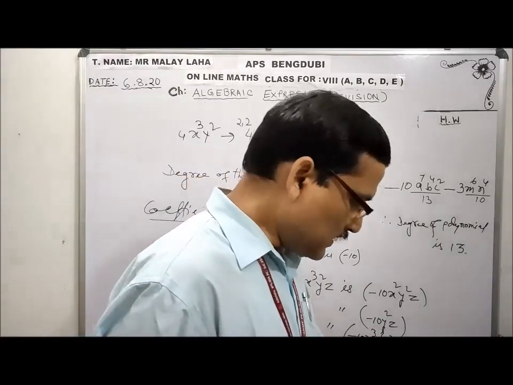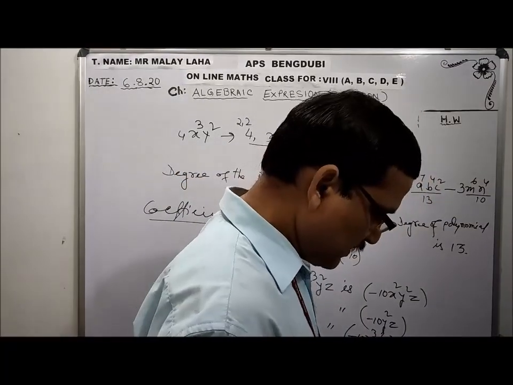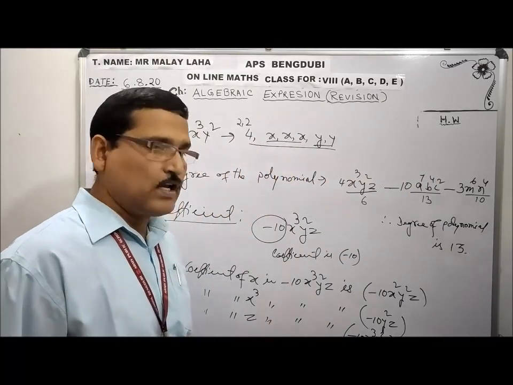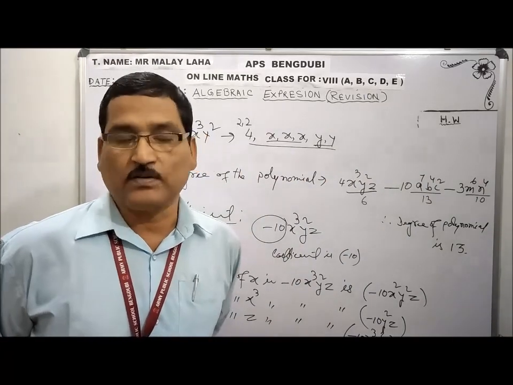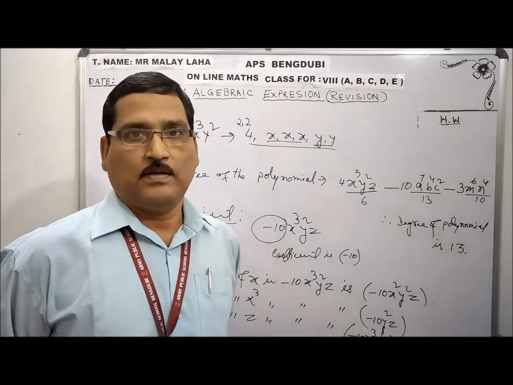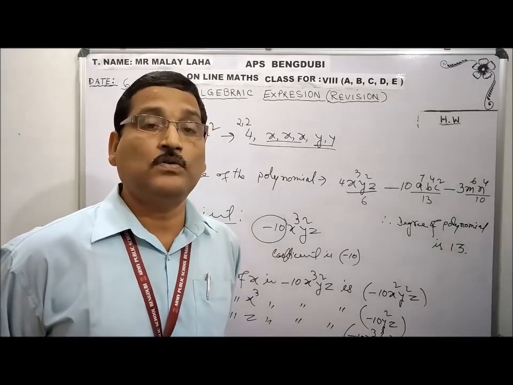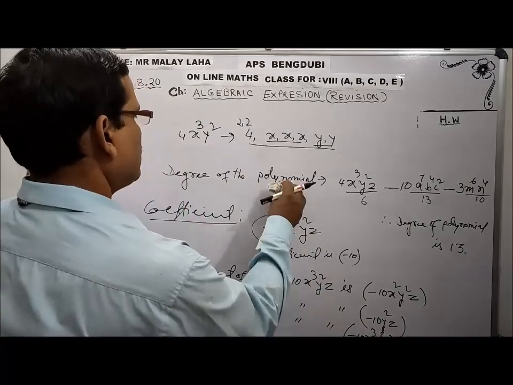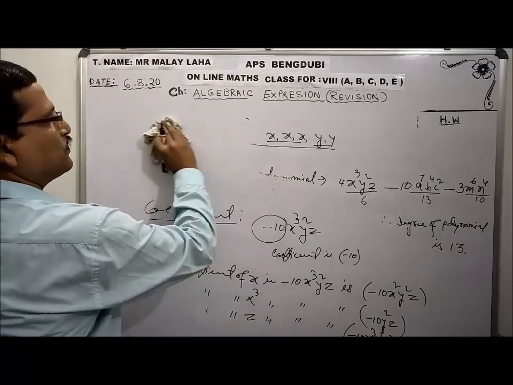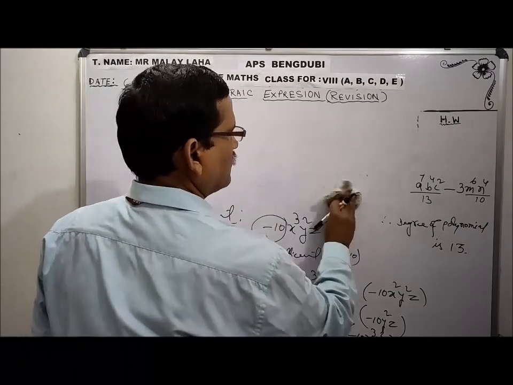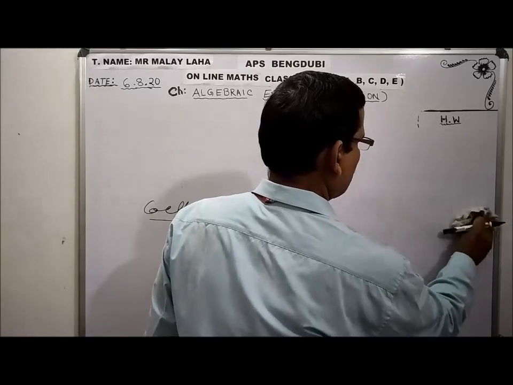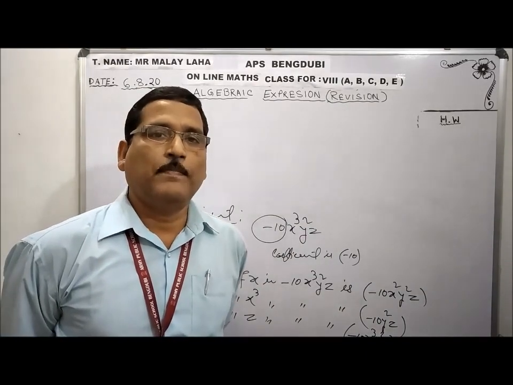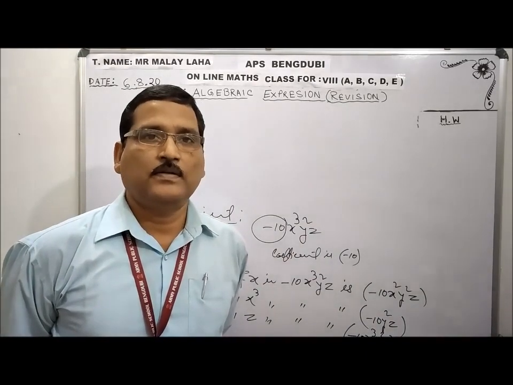Now, like term coefficient, problem sums will be there later. So this is all about basic instruction. Now, when I told you addition, subtraction, when you add or when you subtract, what to do? Only the numerical factor we add or subtract. During addition, subtraction, we add the numerical factor. But I will not set the question this way. Say, what must be added to minus 6x square to get 7x square?